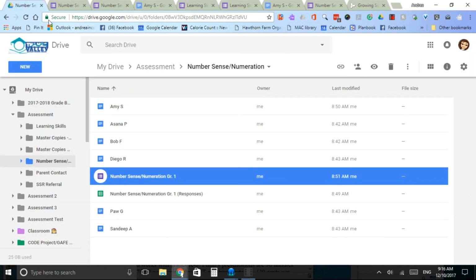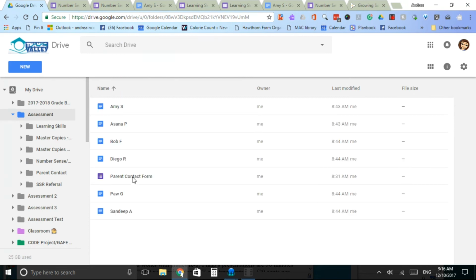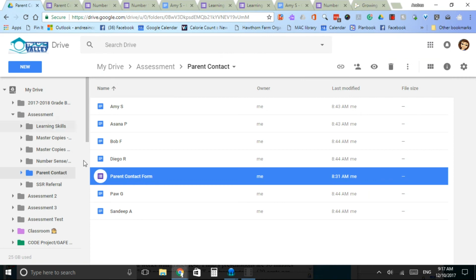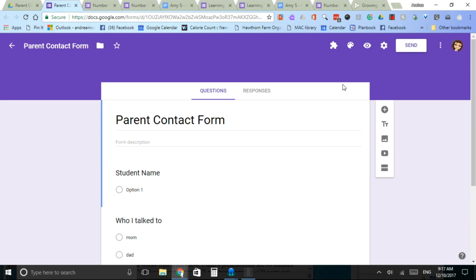I'm going to go back over to my drive and my assessment folder and show you one on parent contact. On this one, you can see that I haven't actually run DocAppender on it yet because my student name thing isn't filled out. In order to run DocAppender on this parent contact form, I have all my names here already, which is perfect. I've already copied them over. So now I can run DocAppender, open the sidebar,